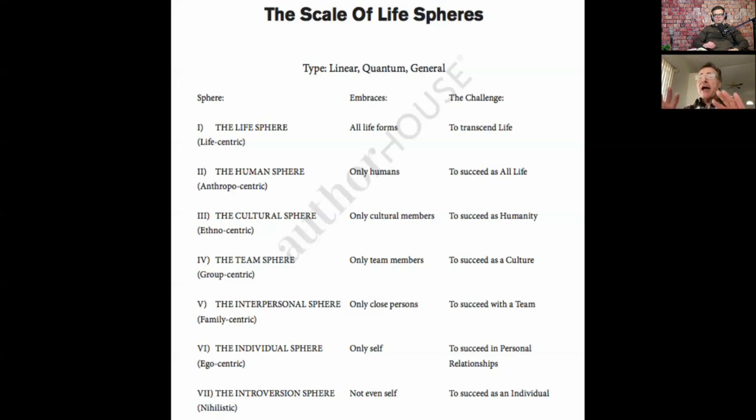So now, having explained what I mean by life spheres, let's go back and look at the type. This is a linear scale, meaning there's no chance of confusing levels 1 and 7. They're completely different. It's quantum, meaning you leap instantaneously from sphere to sphere. So there's nothing in between level 4 and level 5. Either you're at 4 or you're at 5. So there will be an instant in which the person goes from 5 up to 4.